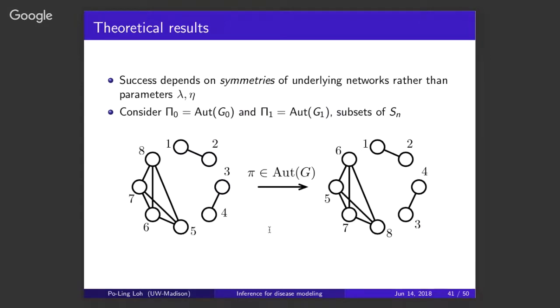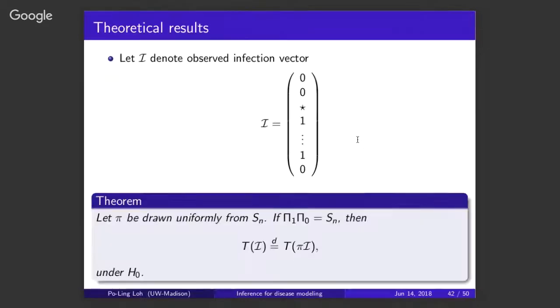So I've given you one example of an automorphism where I fixed 1 and 2, but then 3 and 4 I flipped, because as long as they're still connected in the mapping, then it's fine. And then for the remaining nodes 5, 6, 7, and 8, I permuted them in some arbitrary way. So in general, the set of automorphisms of a graph is going to be a subgroup of the permutation group Sn. Okay. So the theorem that we have is basically, well, let me put it in the next slide.